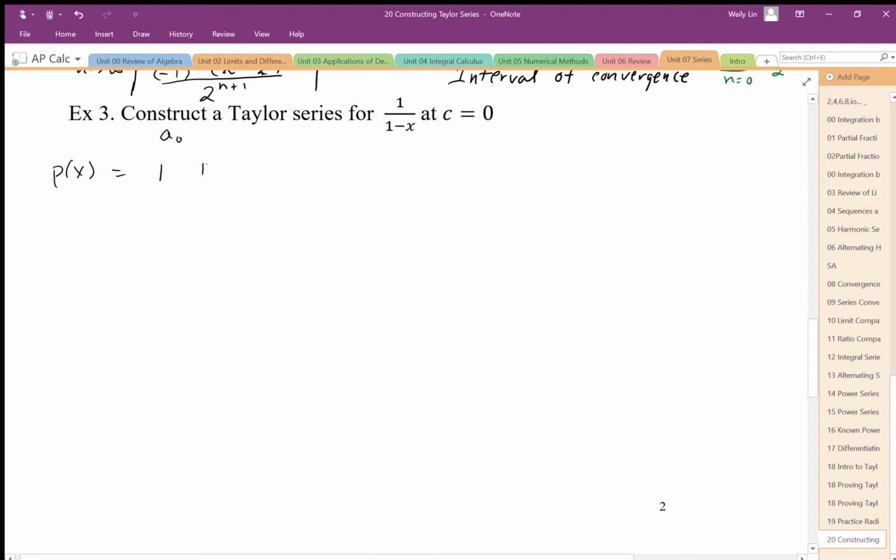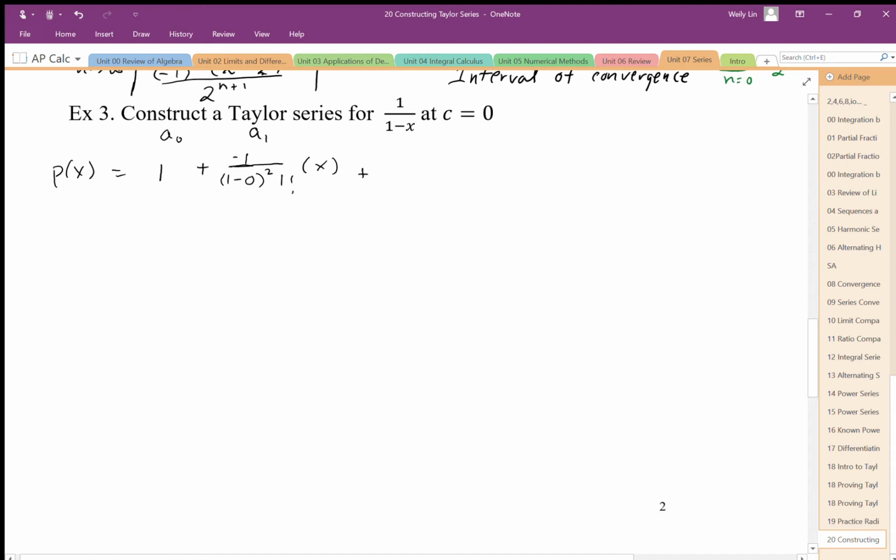Okay, for A1, we're going to differentiate this. So we're going to end up with 1 over 1 minus, well, in this case, it's going to be 0. Okay, so it's going to be negative 1 over 1 minus 0 squared. So the first derivative is going to be negative 1 over 1 minus x squared. So there it is. We should maybe put in our 1 factorial, just so we don't forget it. And since it's centered at 0, we'll just use x